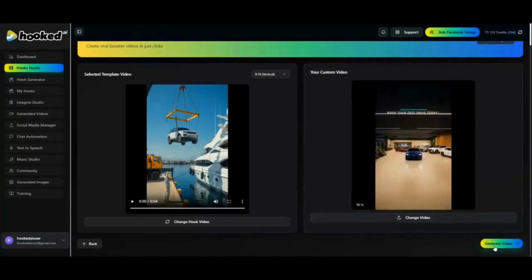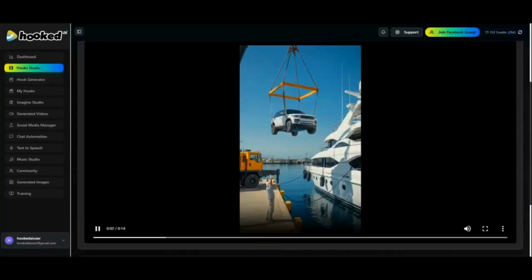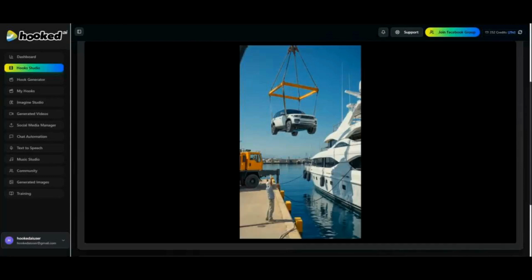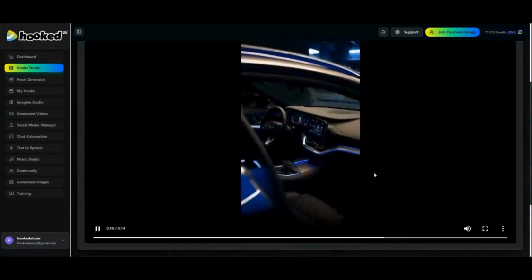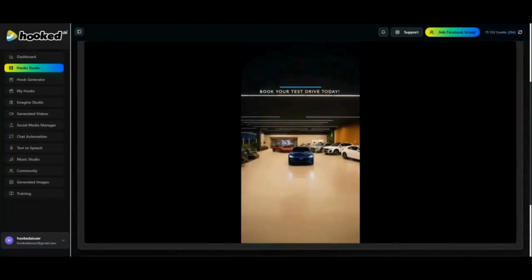Let's go to the next step, which is to combine the hook and main video clips. Let's go to the next step, which is to review the final combined video. To review the final combined video, click the play button to see how everything looks together. Watch as the video begins with your selected hook template, the dramatic crane and car scene that captures viewer attention